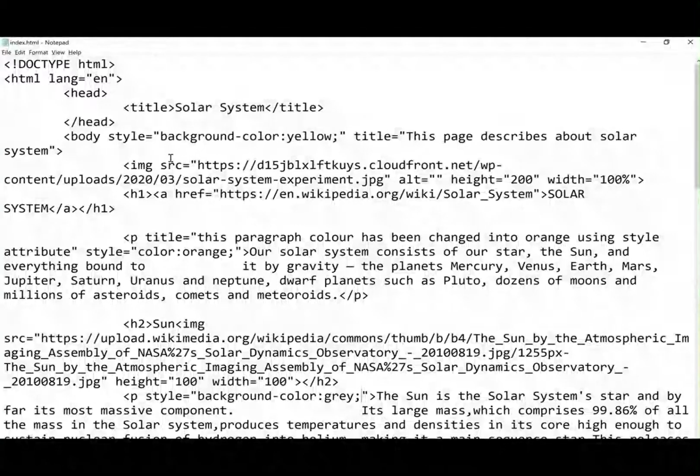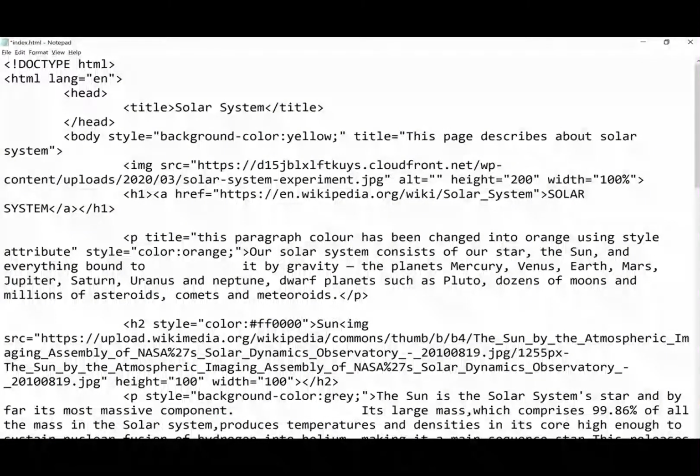We have already used the color property to change the text color here. Here we have given the color name directly. So I'm going to change the text color by giving hexadecimal values. Color, colon, hash.